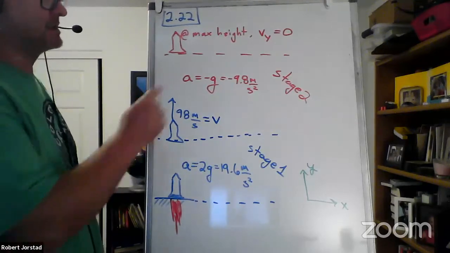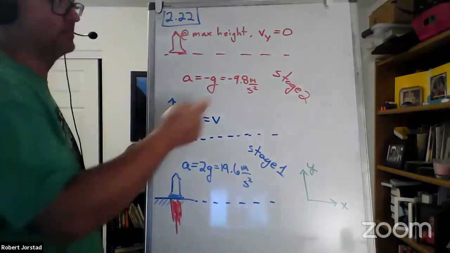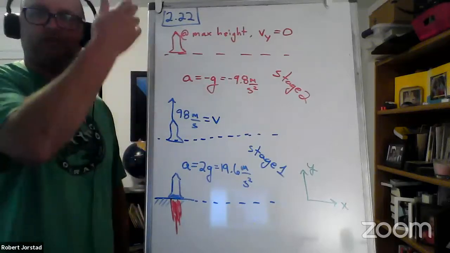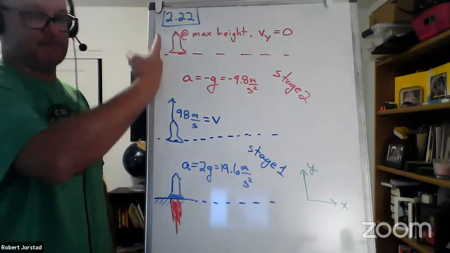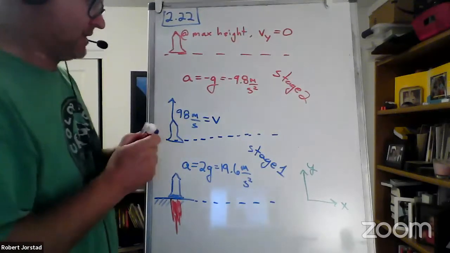Now, in this case, I know that at max height, that was another piece of information they told me, I know that this is equal to 0 at max height because that's where it reverses direction. It was positive velocity. It's about to come back down. I've got all my stages figured out now. So I know